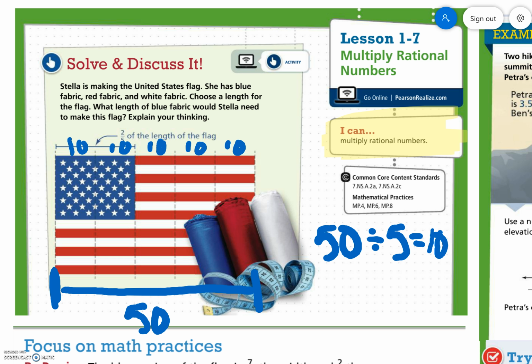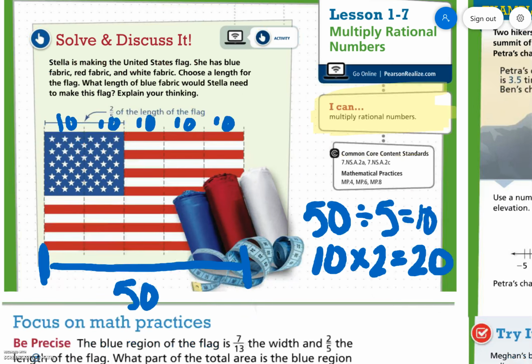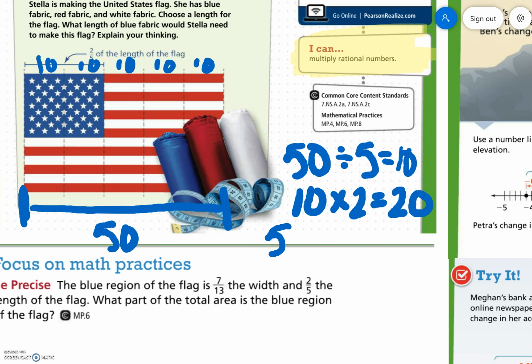And I know the blue is 2 sections. So I'm going to do 10 times 2, which gives me 20. The other way around to do this, and it's what we're going to talk about during this lesson, would just be to multiply 50 by 2/5